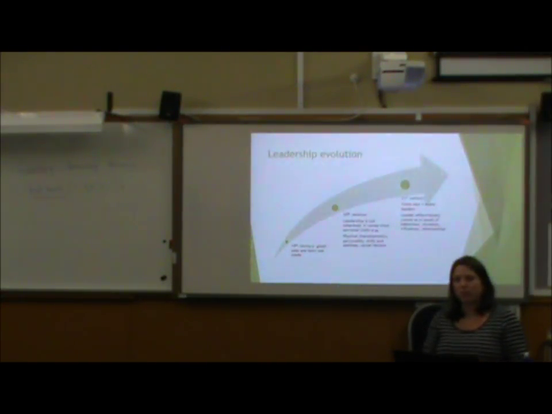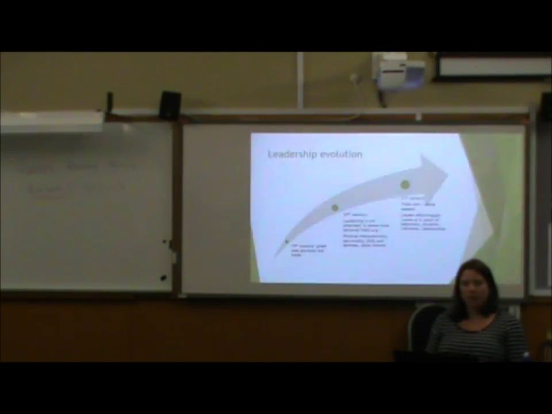The evolution of leadership theory over time, and we probably have covered this before, but originally there was the thought that leaders are born, that they have specific traits or personalities, or there's something about them that makes them a good leader, or that they're born into the right family. So, when it came to sending people off to war and who got to be a general and who got to be a foot soldier, it was about which family you were born into, what level of status you achieved. So we had pretty old-fashioned ideas about leadership. It wasn't necessarily based on who was an effective leader.